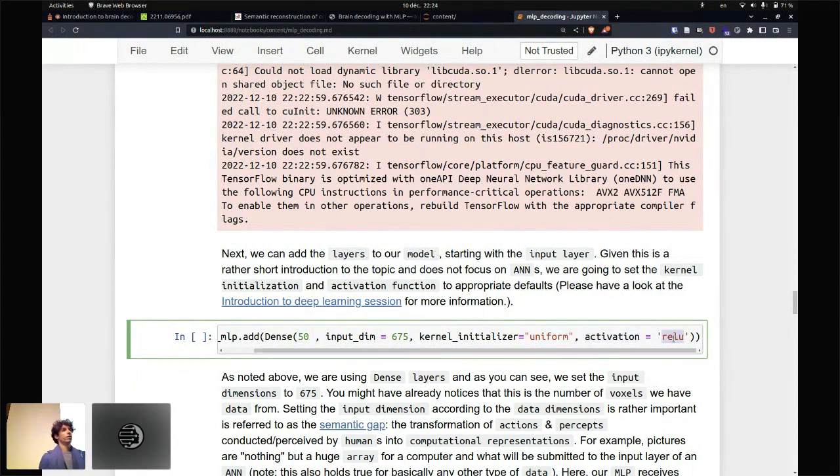Activation functions serve many purposes, but the main purpose here is to introduce non-linearities. ReLU is a function that looks like this. It is 0 for negative values, identity for positive values,